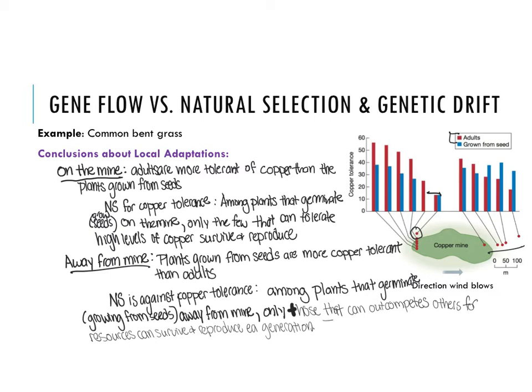And there seems to be a disadvantage for fitness of copper tolerance. And we see that in the graph because we see lower copper tolerance in adult plants that made it through selection